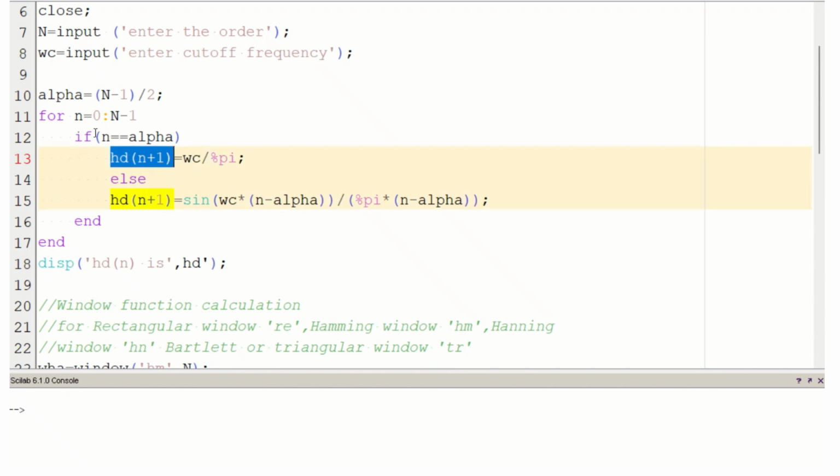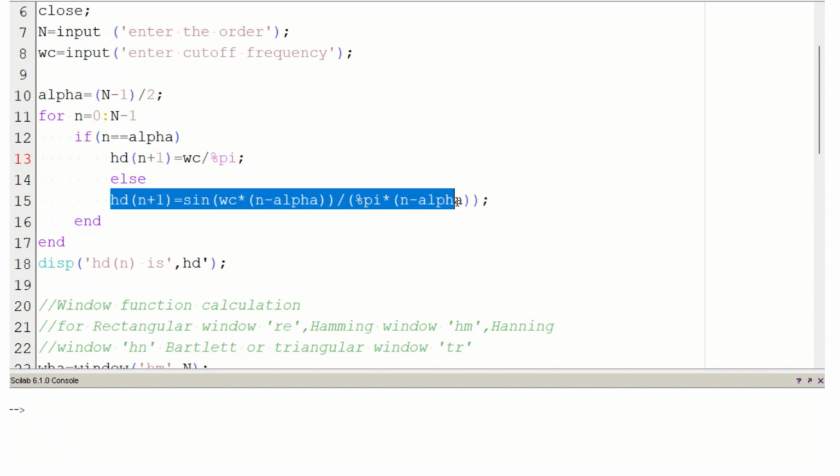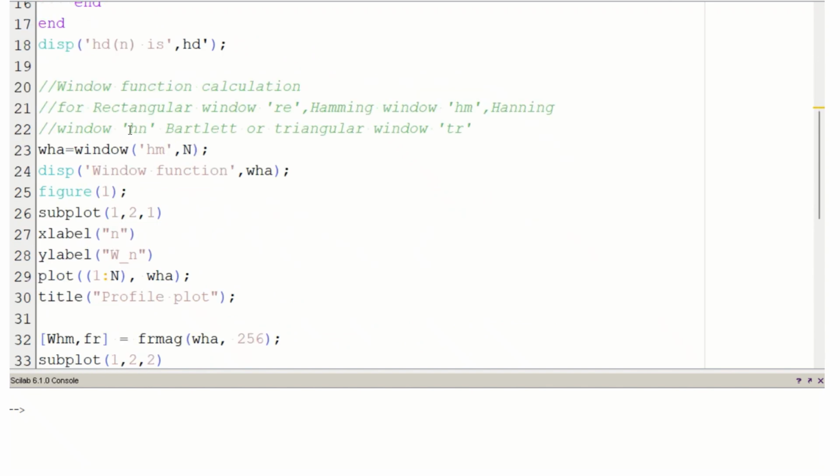If the n value is equal to alpha, then this is the formula being used. If n is not equal to alpha, then this is the formula we are going to make use of. By using this, we are going to calculate the hd of n values, and then after that we need to calculate the